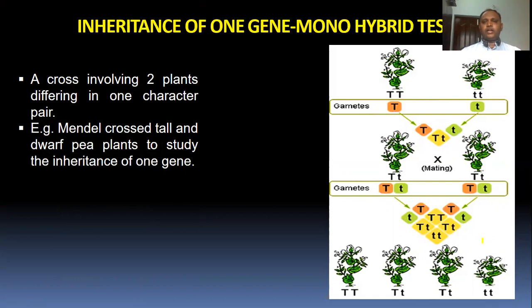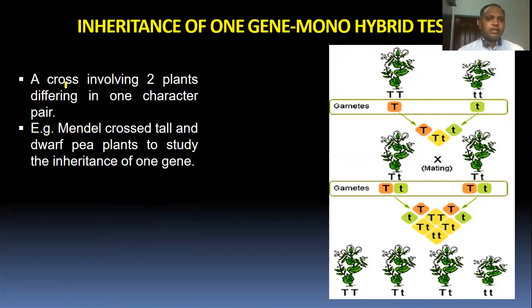And here we are going to start with the first hybridization experiment. The first hybridization experiment is called the monohybrid cross. In the monohybrid cross, Mendel wanted to study the inheritance of a single character at a time, the inheritance of one gene at a time. For that he conducted one hybridization experiment in Pisum sativum. You can call it a monohybrid test, or monohybrid experiment, right? So what is that monohybrid? Actually, for studying inheritance of one gene at a time, he conducted that experiment.